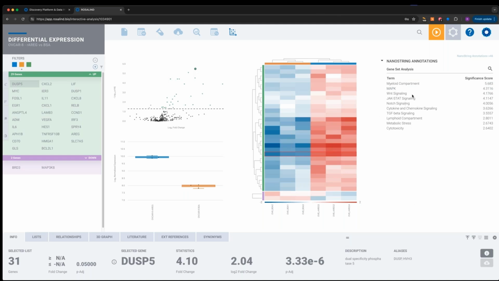What you'll see by default when you come to an nCounter experiment are all of our NanoString GSA scores. These are those gene set analysis scores. This happens to be the global score. We can look at the directed scores as well in a different place, and I'll show you that. But by default, the first time you come to this page, you're going to see all of these GSA scores for your NanoString defined pathways. These are annotated specifically, in this case, for the IO360 panel. So when you come here, you will see a list of pathways and their significance scores.